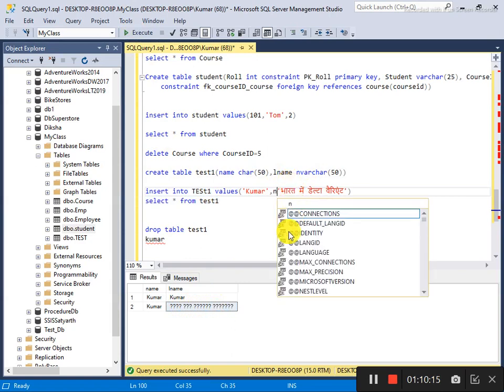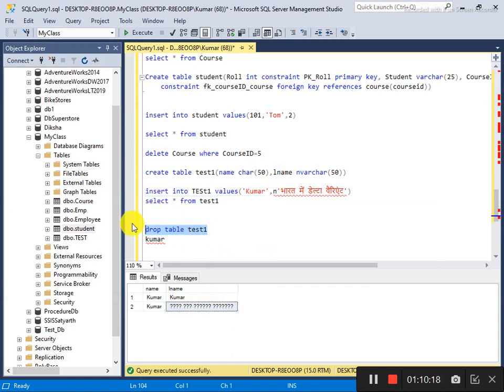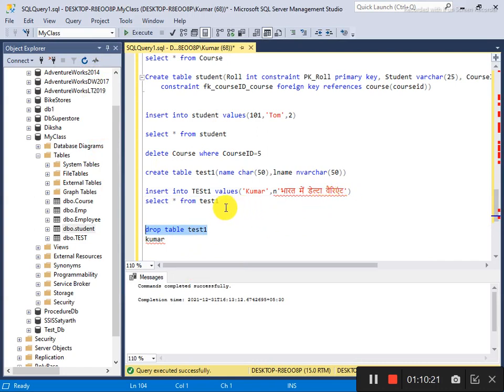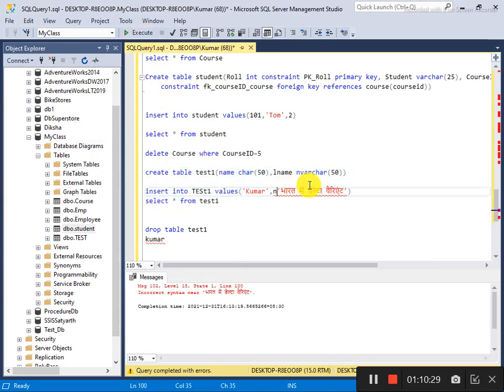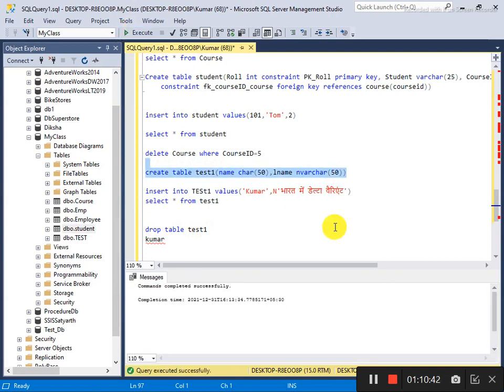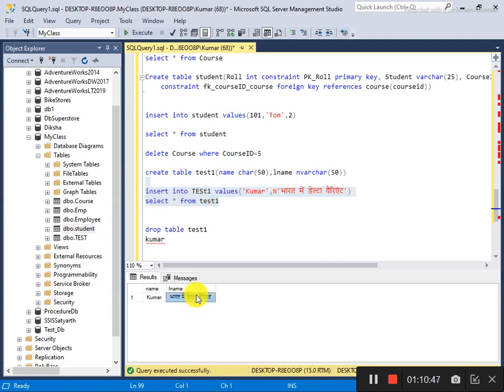Then you use n, and it will accept. Now I drop this and create it again, run this. I have used nvarchar. The table has been created. Now I am inserting, and now you see that nvarchar is accepting this. So that is the difference between varchar and nvarchar.